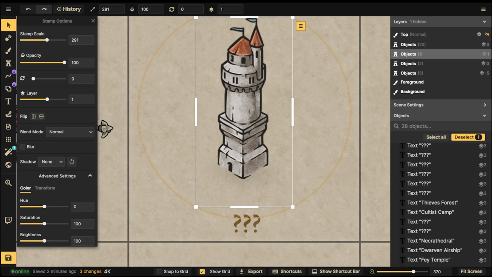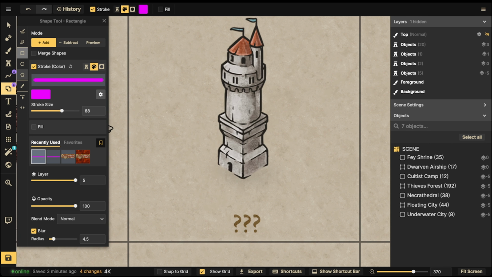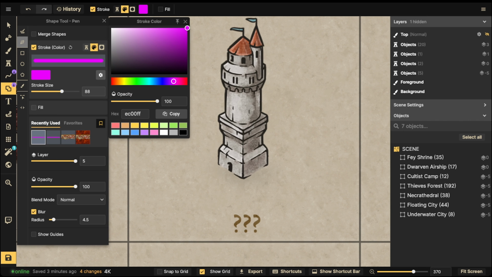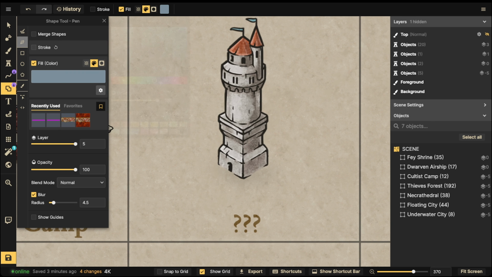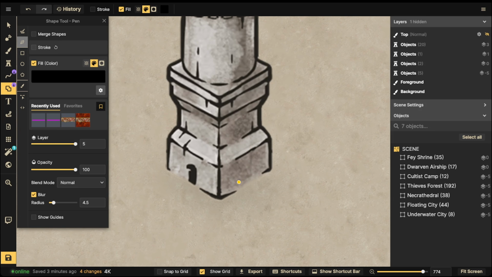And to make sure that it can sustain the weight, it's going to need multiple crawling legs for it to work. So what I'll do is I'll use the shape tool to create a series of windows on it. So shape tool, we'll go with the pen. We'll choose a black color. Let's have fill black like this,